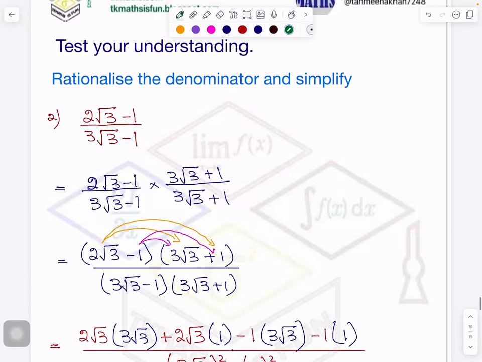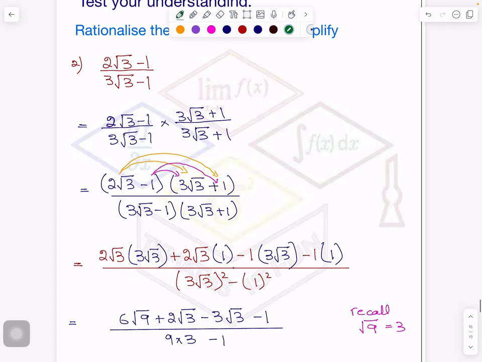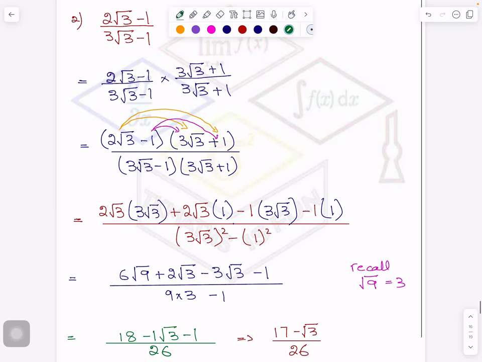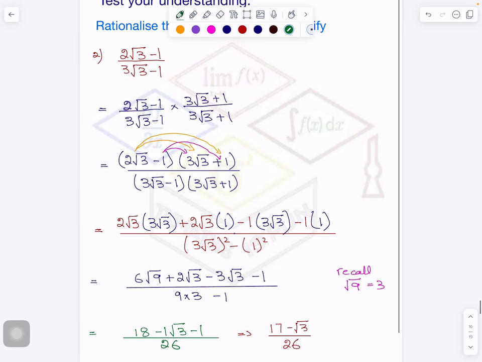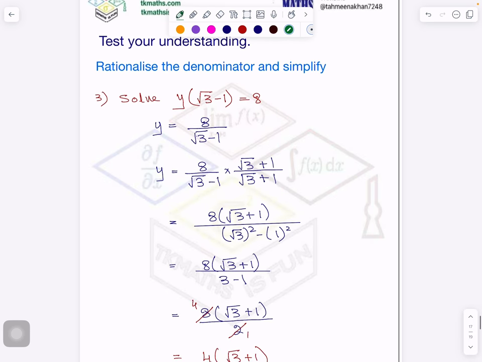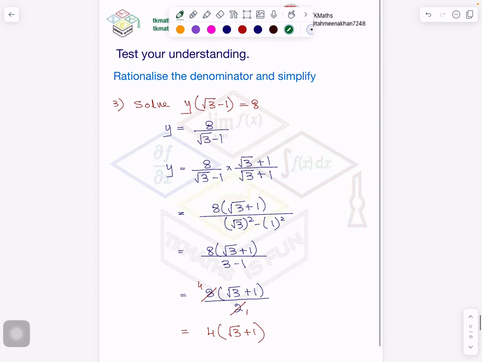This is number 2. Let me make it smaller so that you can see it in one go. So this is the solution of video question number 2. I have tried to use different colors so that you can clearly identify which one I'm multiplying by how. So now the last one, number 3, you can see here, just like